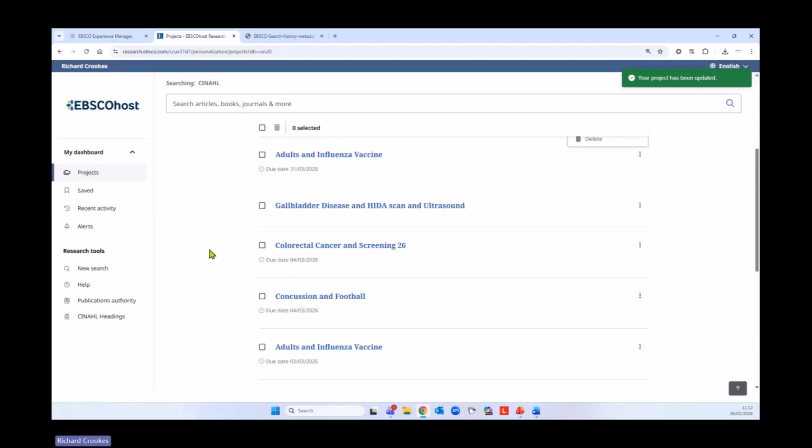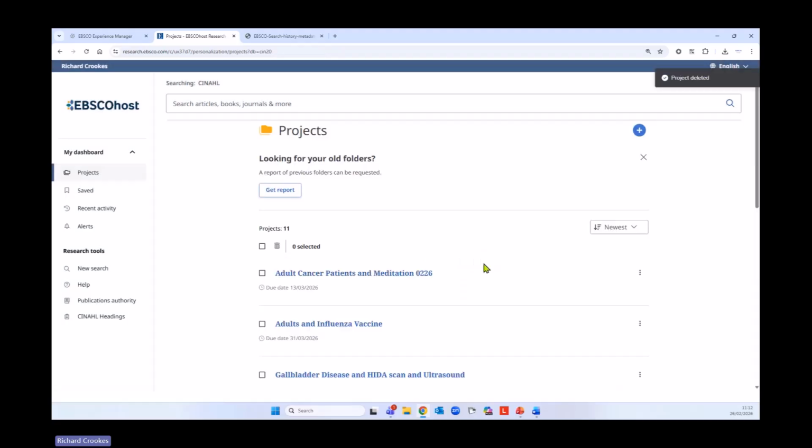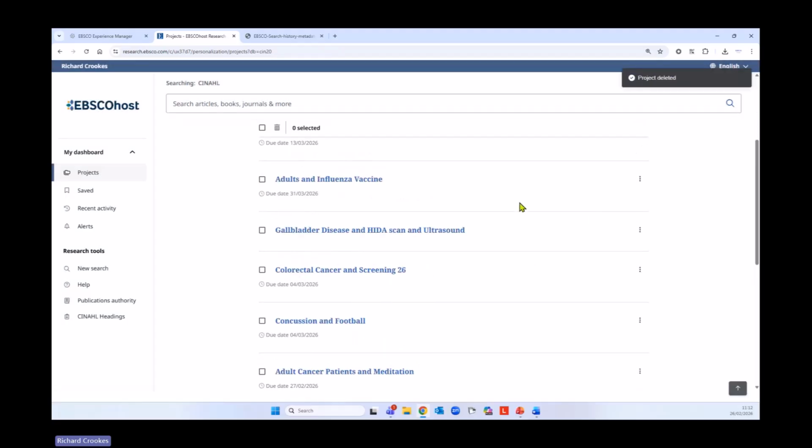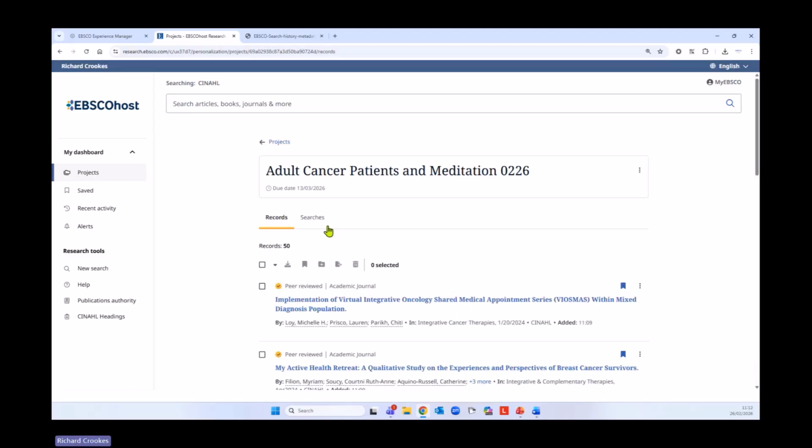So for example, I'll take one here I've run previously. See this one here, I can go in and delete. And again, you get confirmation on screen. Do you really want to do that? So you're not going to make the mistake of deleting it inadvertently. So click delete there. Okay, likewise, go into these projects, and again, you can go in